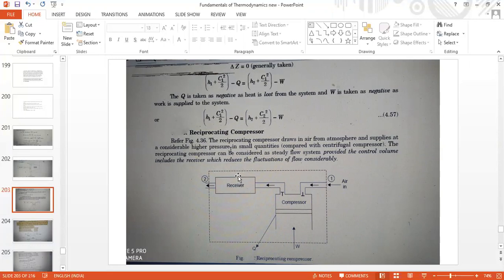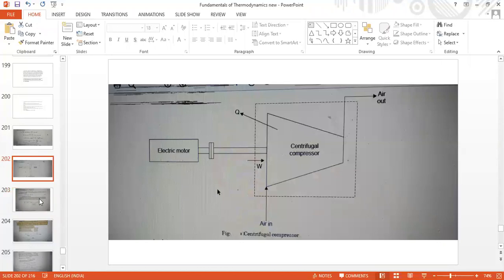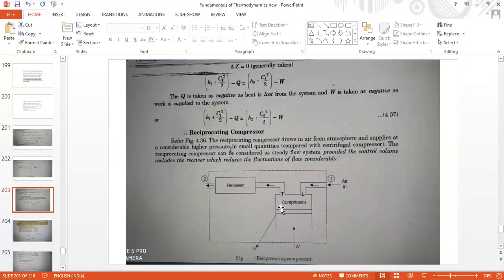And similarly, there is the reciprocating compressor. That was a rotary or centrifugal compressor, where the rotation of the rotor takes place, whereas in a reciprocating compressor there will not be rotation; there will be reciprocation of the piston inside a cylinder. Still, the process of compression will be carried out. So this is another type of compressor where there is no rotation of the rotor. Here, a reciprocating compressor.